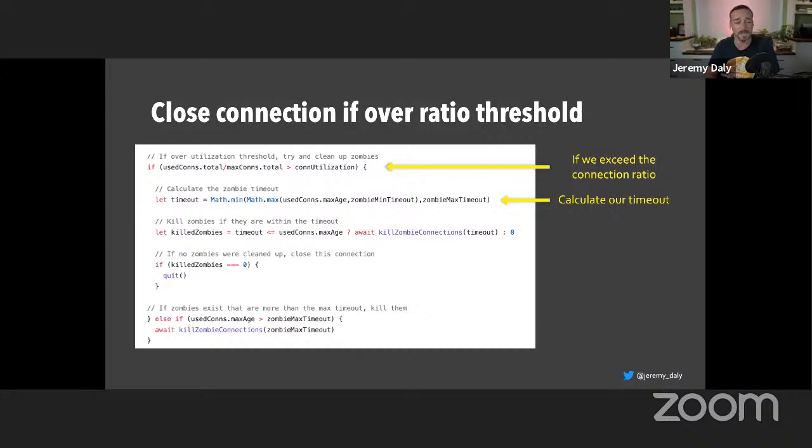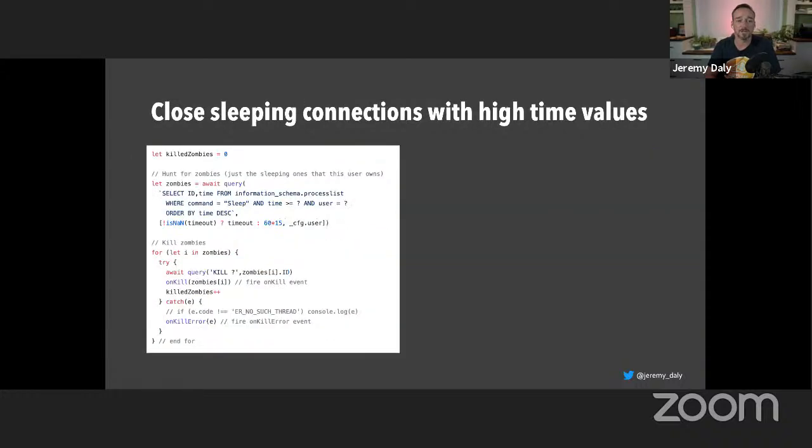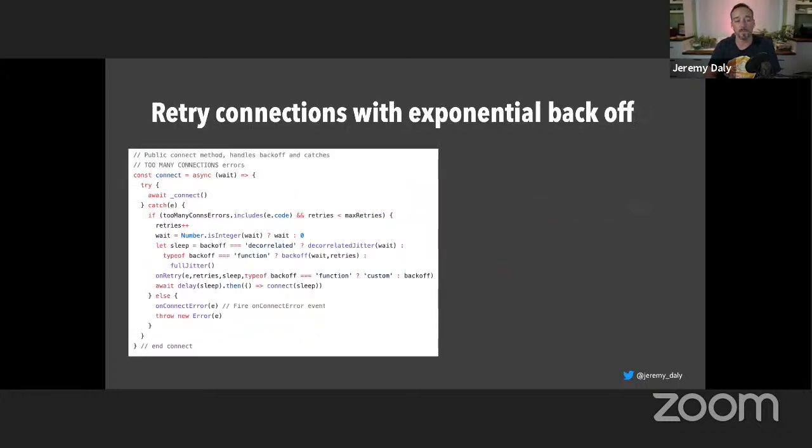So if we see any zombie connections that are just sitting there, then we can be proactive and try to kill those. If there are no zombies, but we've already exceeded that ratio, then we can just terminate that connection. And then otherwise, we just try to kill any of those zombies that are older. We also want to make sure we close any connections with high time values. So we just query that process list again, kill those zombie connections. And then one of the things that